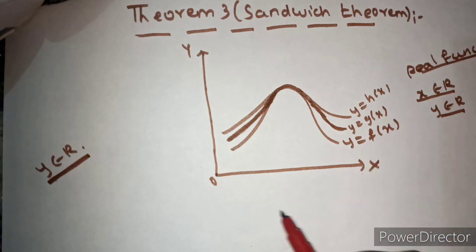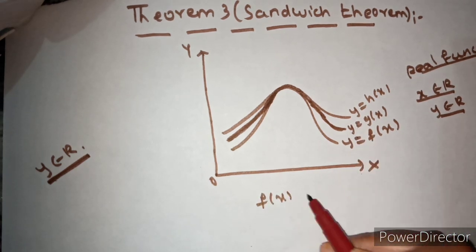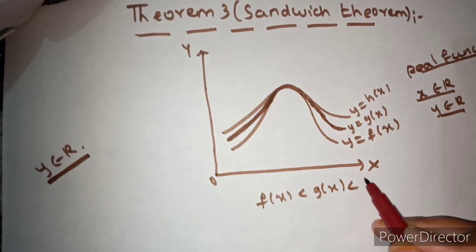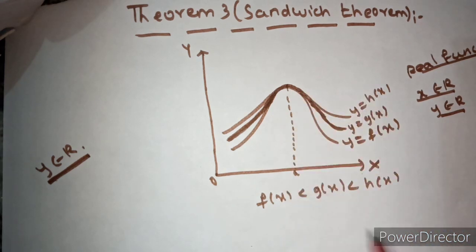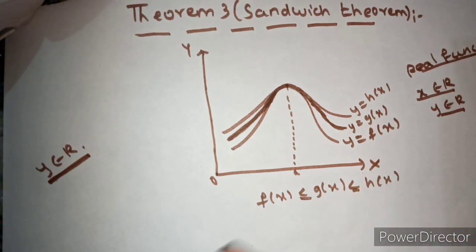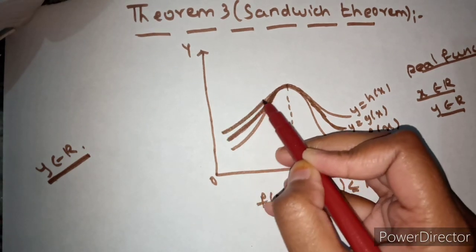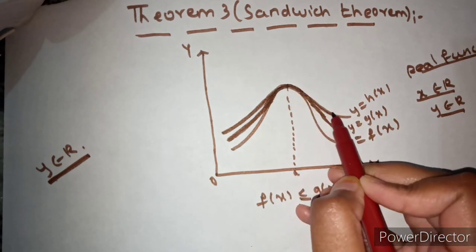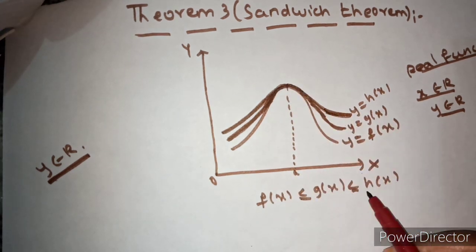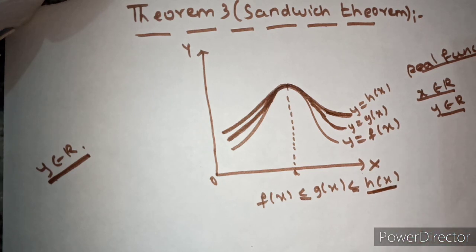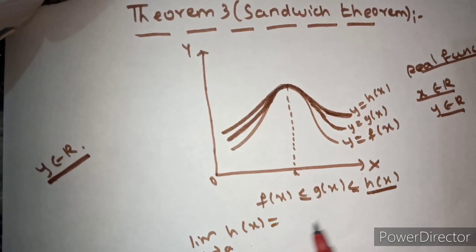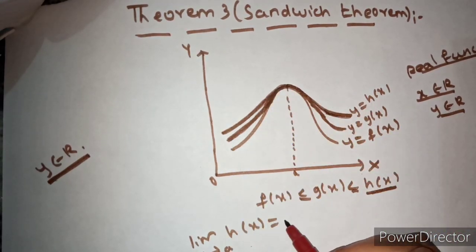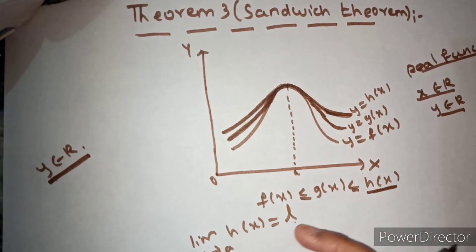Next, how does our function look like? See, f of x is less than g of x, g of x is again less than h of x, but at some point these 3 functions are equal, so put an equal sign. I hope you understood up to this. Now I am taking the limit of the greater function. Here h of x is the greater function, right? If I apply the limit to h of x, the value we are going to get is L. So limit as x tends to a of h of x is L.